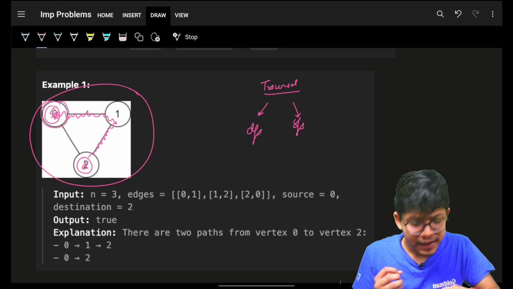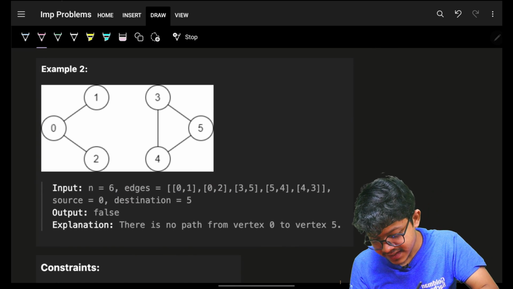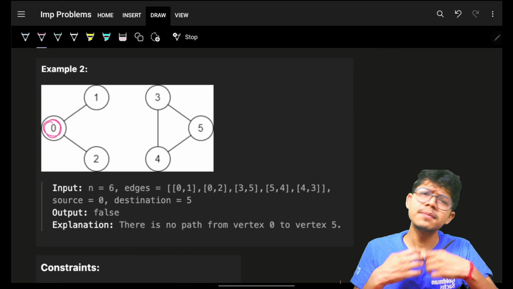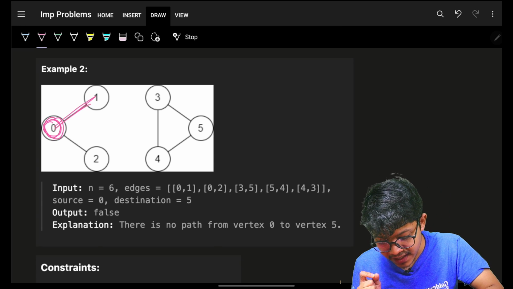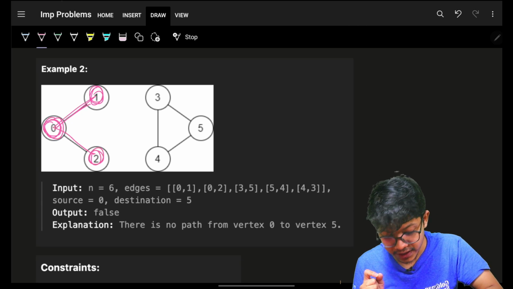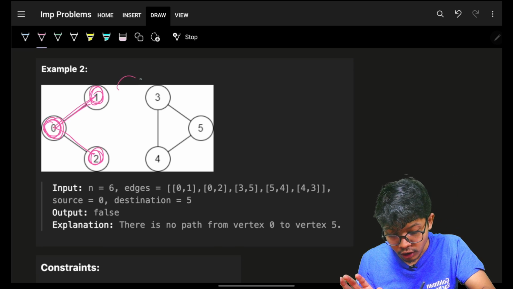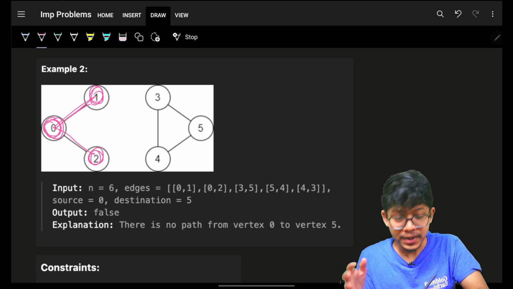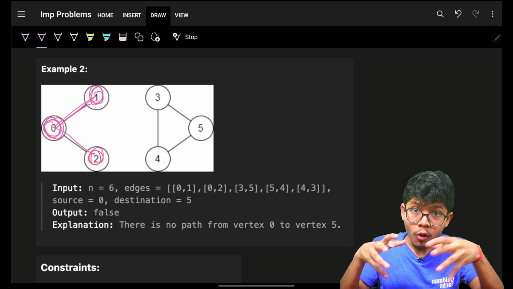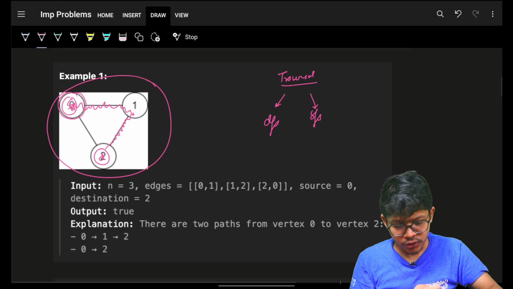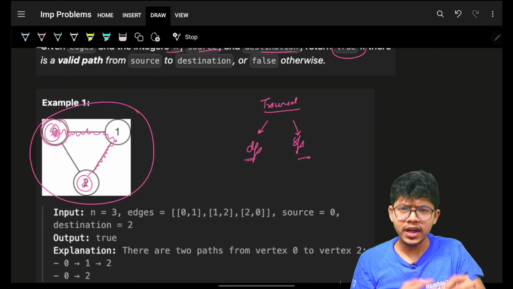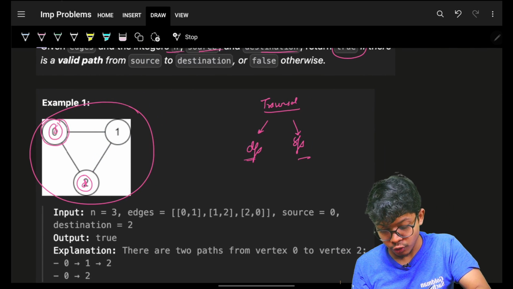What do you mean by that? What I mean is, let's say I do a DFS or a simple BFS from node 0, then it will traverse and visit all the nodes in this component. That's it. It cannot go outside because it is a simple traversal which will traverse wherever it can go, wherever it can reach. So I realized I can simply do a graph traversal from a source node,